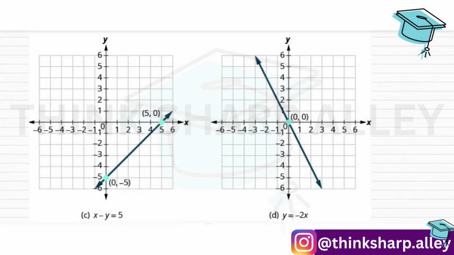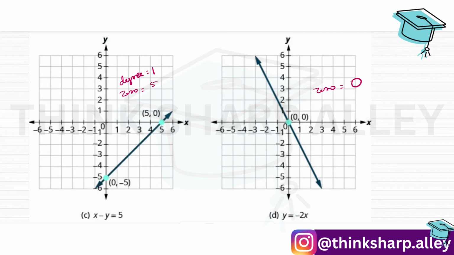Two more linear polynomials. Here the zero of the polynomial is 5. And by seeing the graph only, you will be able to say that the degree of the polynomial must be 1, right? Because it's a straight line graph. And hence it's a linear polynomial whose degree is 1 and zero is 5, only 1 zero. Here the zero of the polynomial is 0, right? Because it cuts the x-axis at the origin. And that's true. You put x equal to 0, you will get y as 0 only, right? So 0 is the zero of the polynomial here.